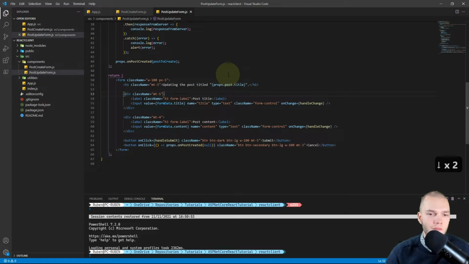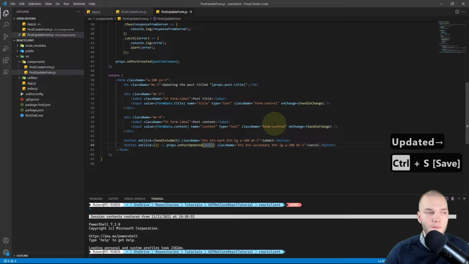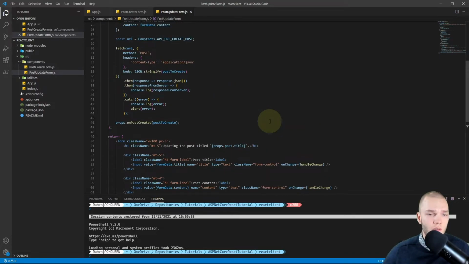Okay, and just one more change here, and that is in the cancel button on click. There we'll call onPostUpdated instead of onPostCreated. So I'll change it to onPostUpdated and pass in null. Right, so let's go over the rest.